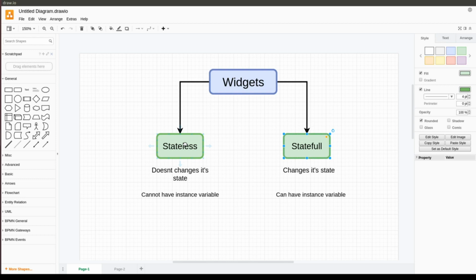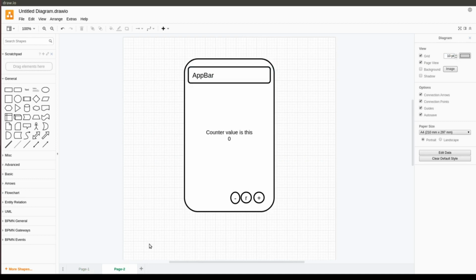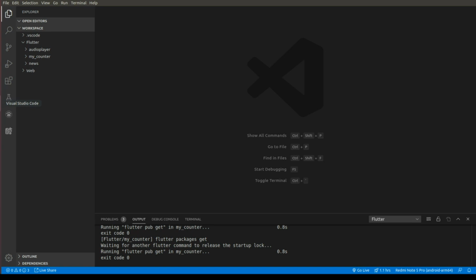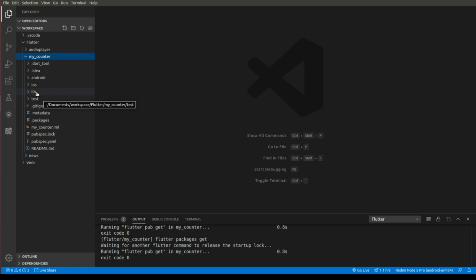What that means is that the widget has no provision to alter the state of the class, or reassign the integer value, or change the state of the class. This might sound a bit complicated right now, but as we make this app, it will get clearer and clearer. So let's go to our code editor and go to the directory which is just created with the